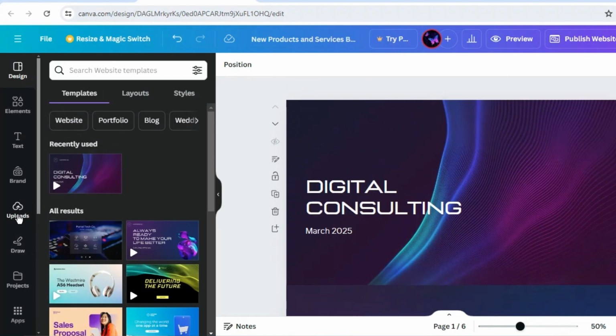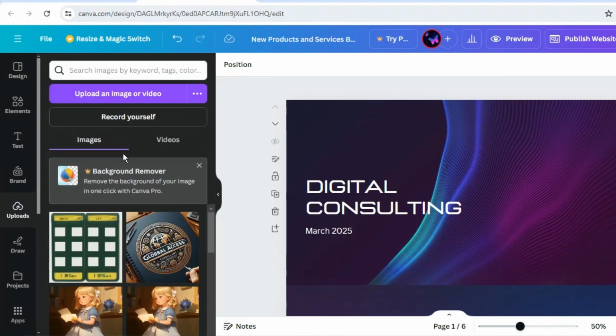Here you can edit everything. I'll edit the logo, text, animations, and images too.